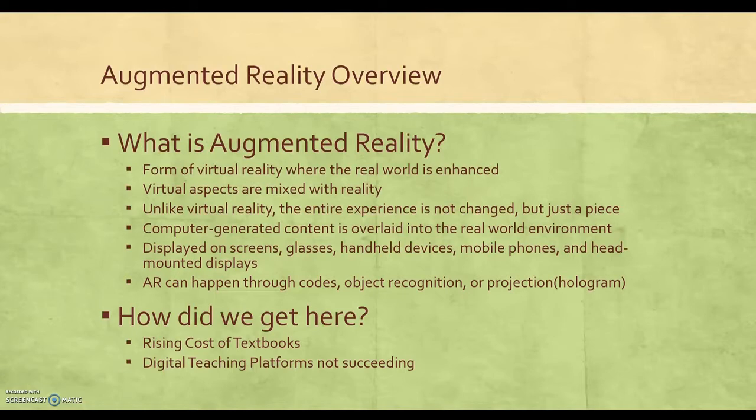The first way is known as marker-based AR, or as I've noted here on the slide, through codes. This is known as image recognition, where a visual object is set up for the camera to scan. So if you've ever scanned a QR code or a special sign to learn more information, we see this quite often now on real estate signs, where it says scan here to learn more about this property. And then you scan and an image appears on your screen. This is just a form of augmented reality where the camera or device recognizes the code and then the image is displayed on your screen.